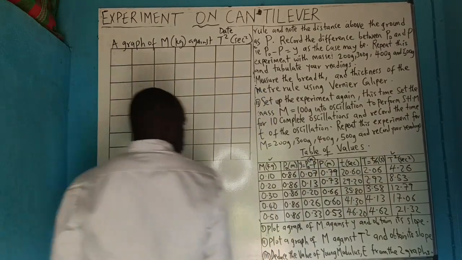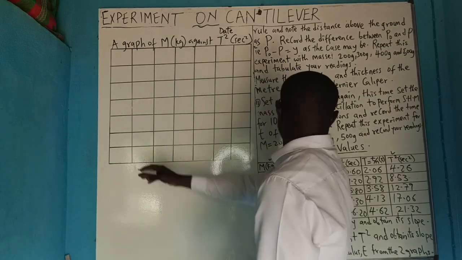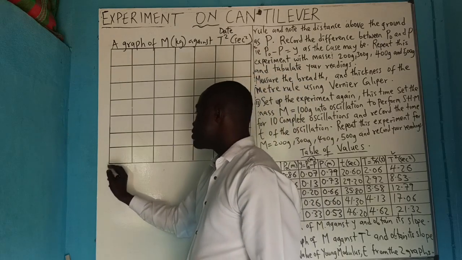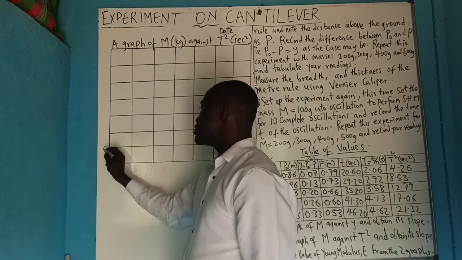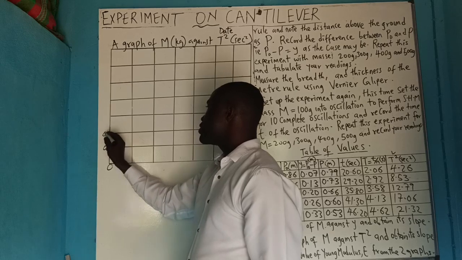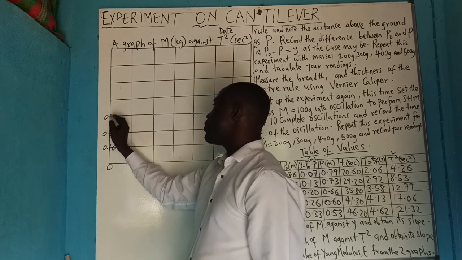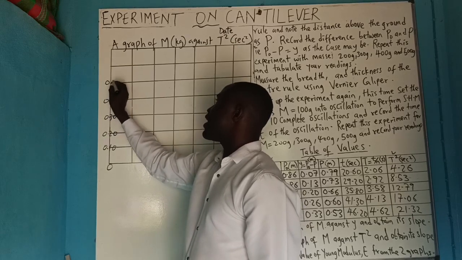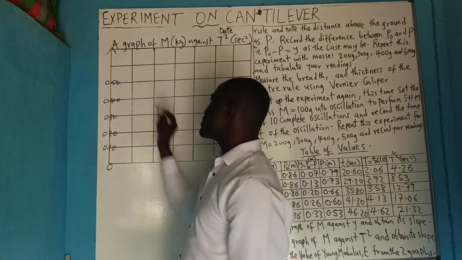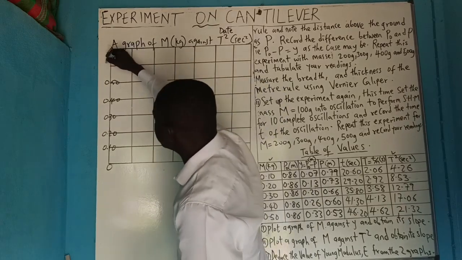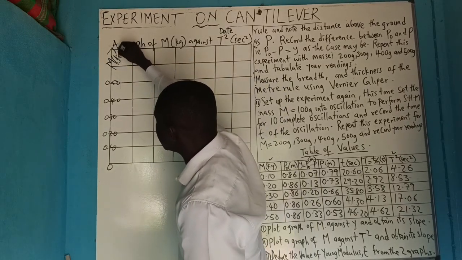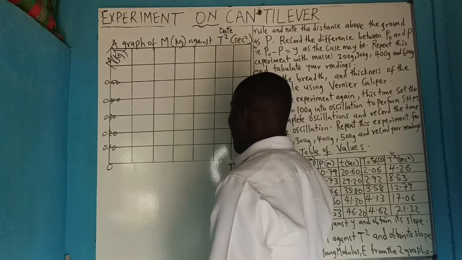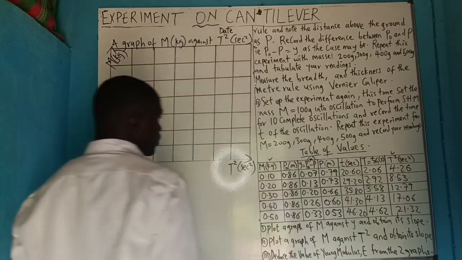Now let us start from the origin for Y. This is your Y: 0.10, 0.20, 0.30, 0.40, 0.50. Now label your Cartesian axes appropriately. This is mass in kg, while this is T square in second squared. Are you getting it? Then for your X,